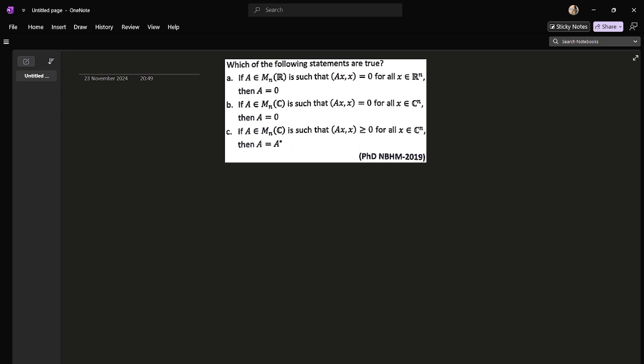So the question says that we have to find which of the following statements are true. The first statement says that if our A